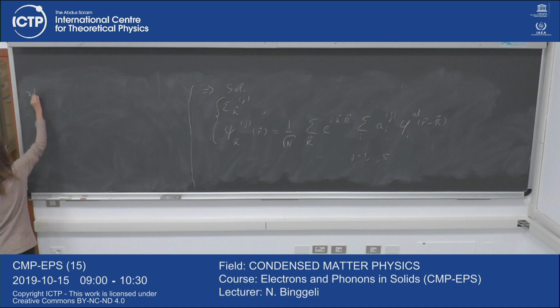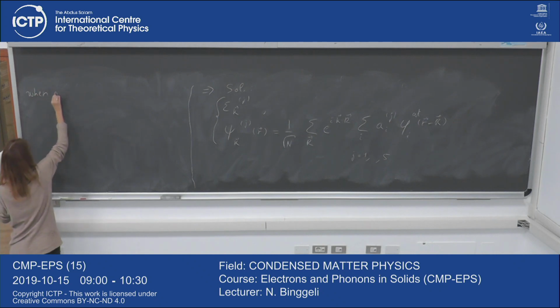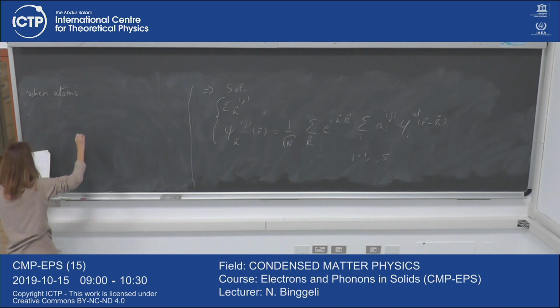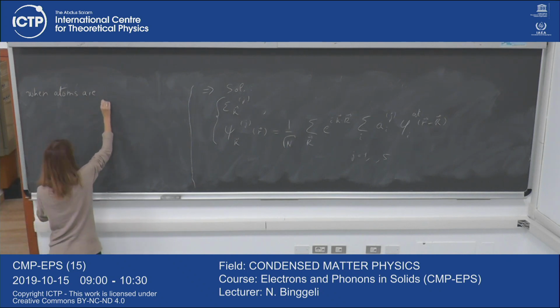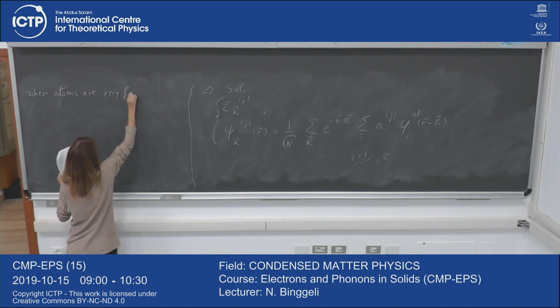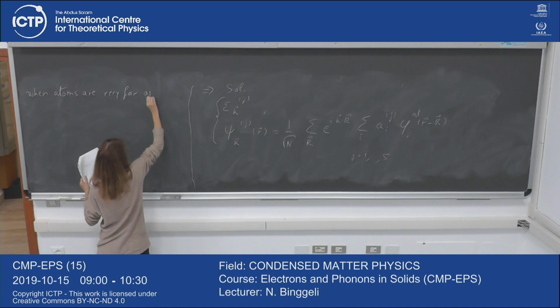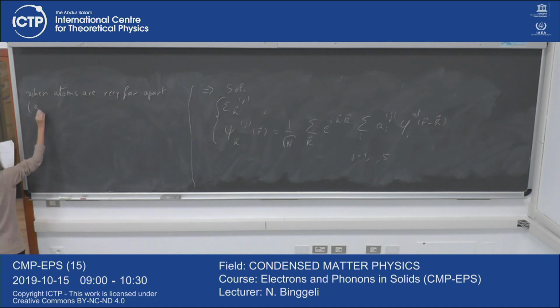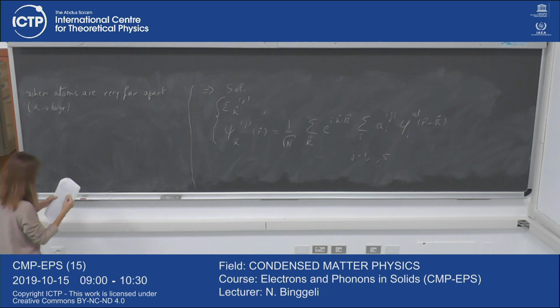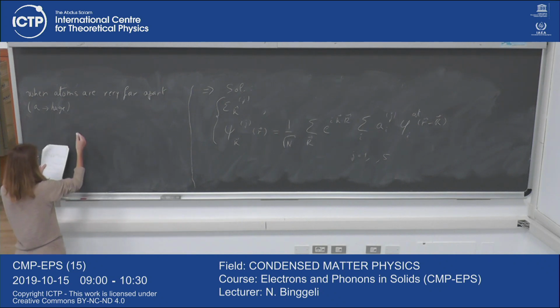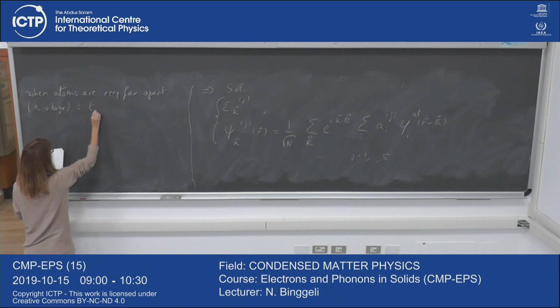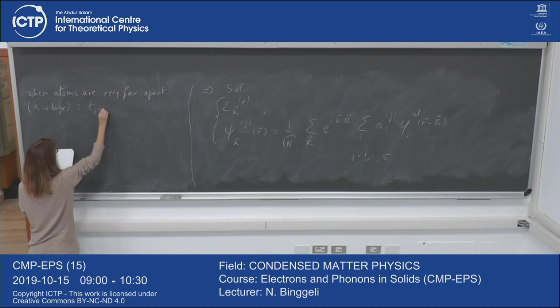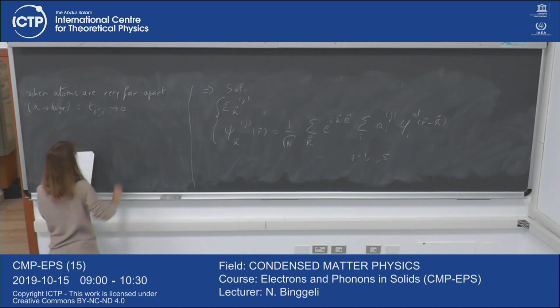So in that limit, when the atoms are very far apart, that is when a goes to infinity or becomes huge, what one gets in the Hamiltonian is that the hopping term I prime I will go to 0